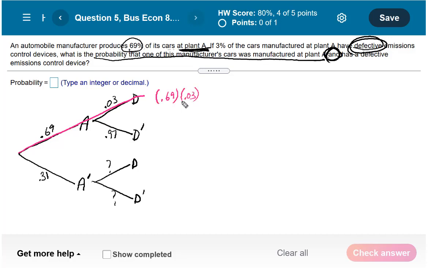Since that's the only branch, that would be the answer. Typing this into the calculator, it comes out exact as 0.0207. There's nothing after the 7, so we are not rounding off. We should be able to enter that decimal value